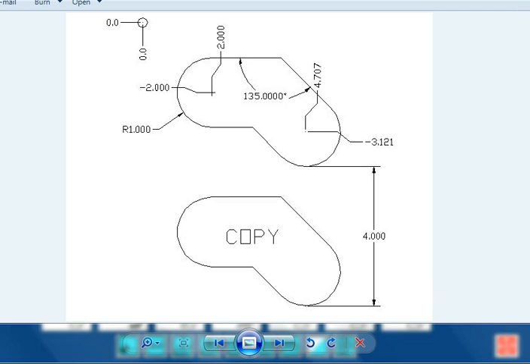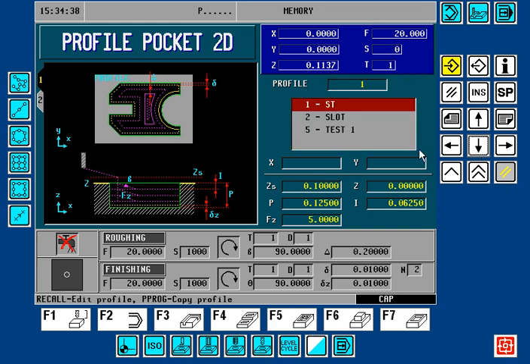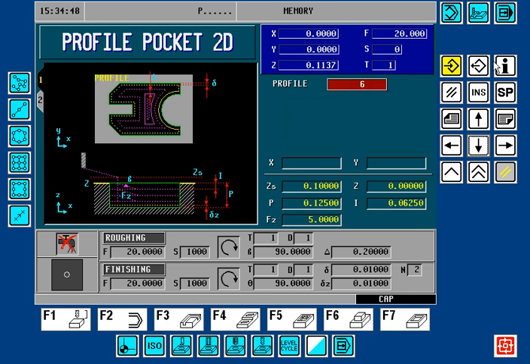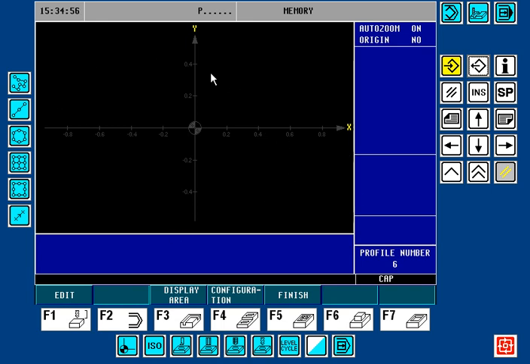Let's begin by pressing the F5 key. Here we're on level 1, profile pocket 2D. Over here we have the profile number. If I press the down arrow key, we'll see that we have 3 previously drawn parts in here, and we could either go with number 3 or number 6. I'm going to program number 6 and then press the recall key on your 8055 front panel. This opens up a blank profile editor screen, and we begin by pressing edit and